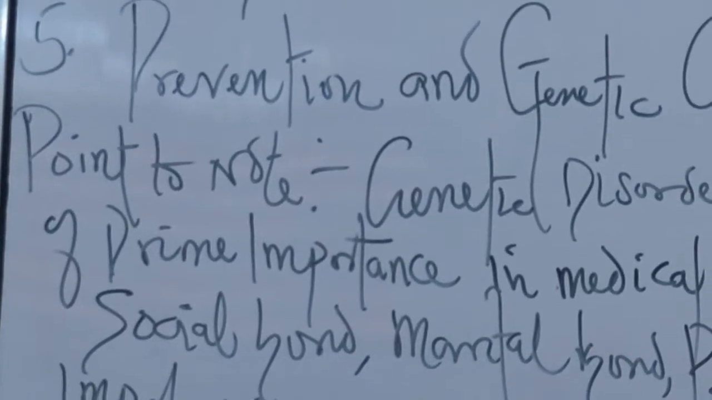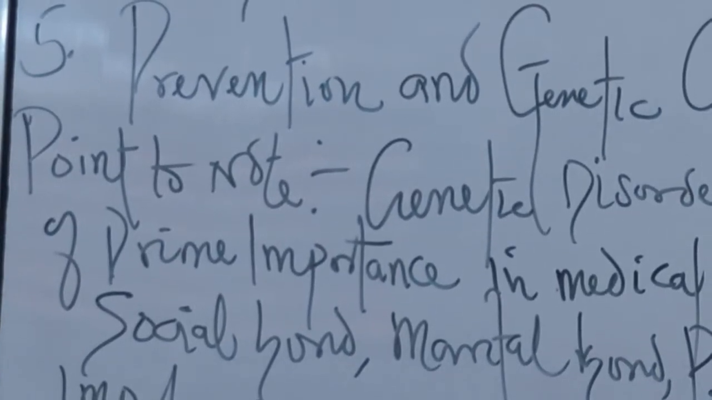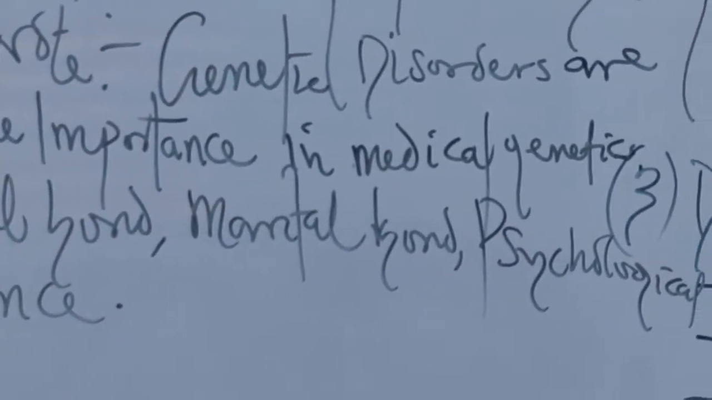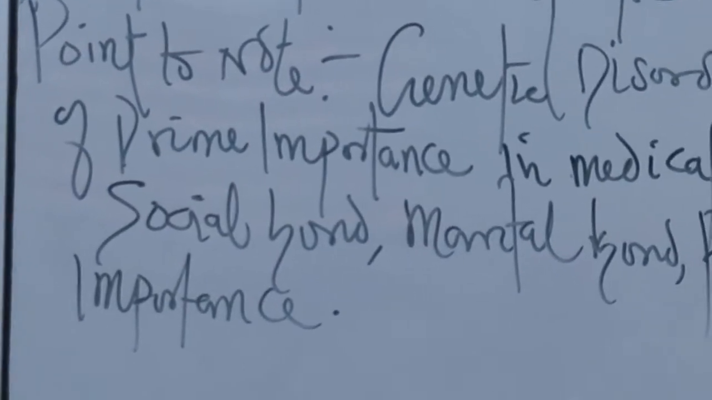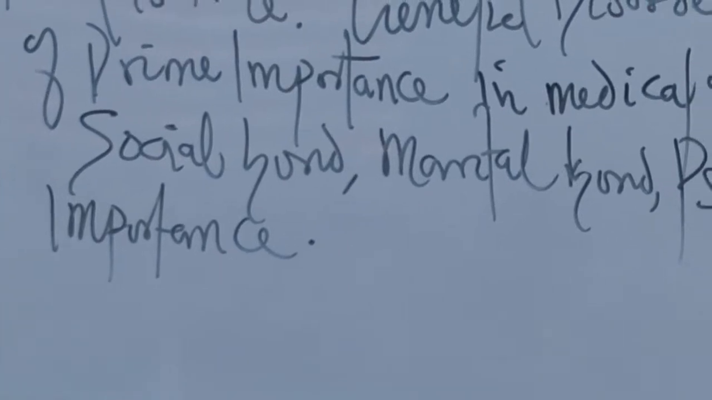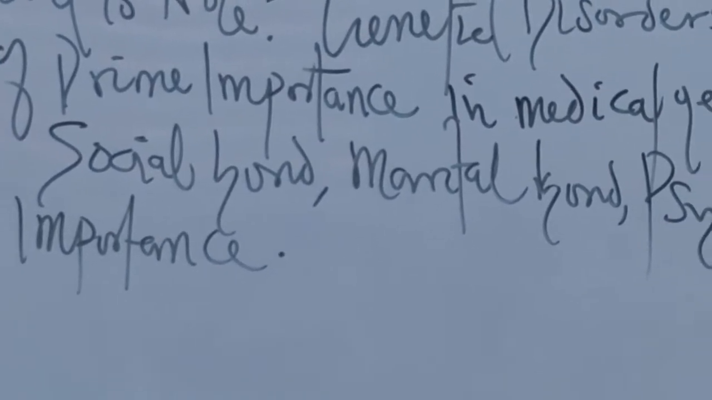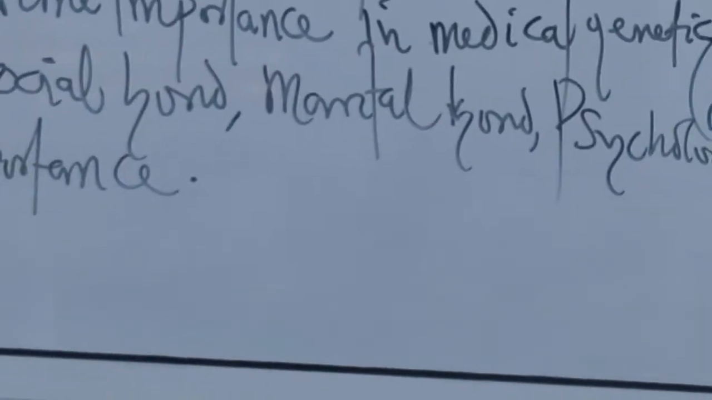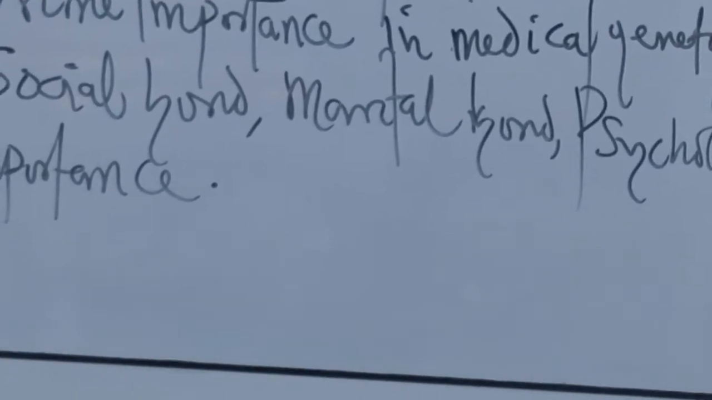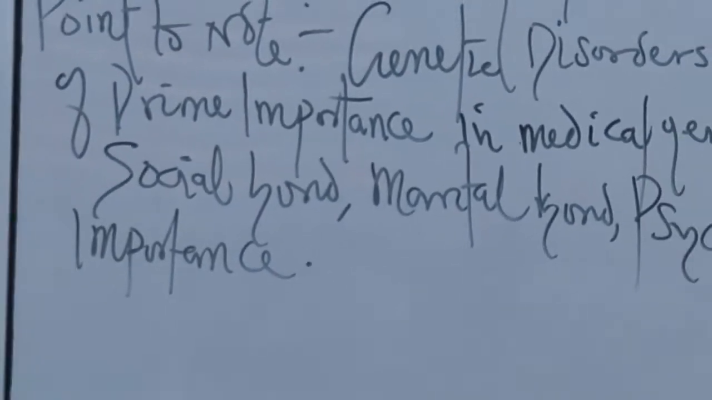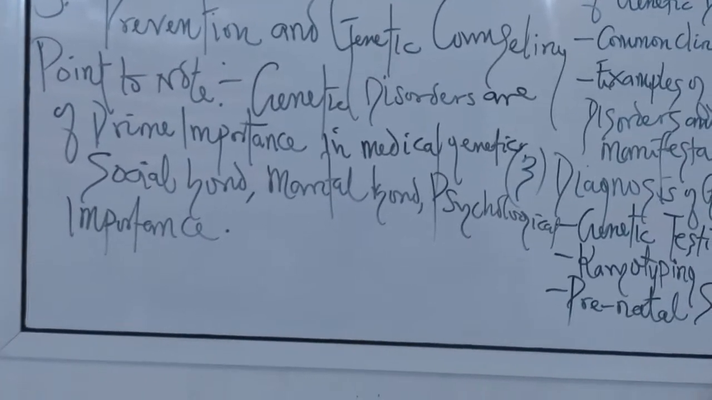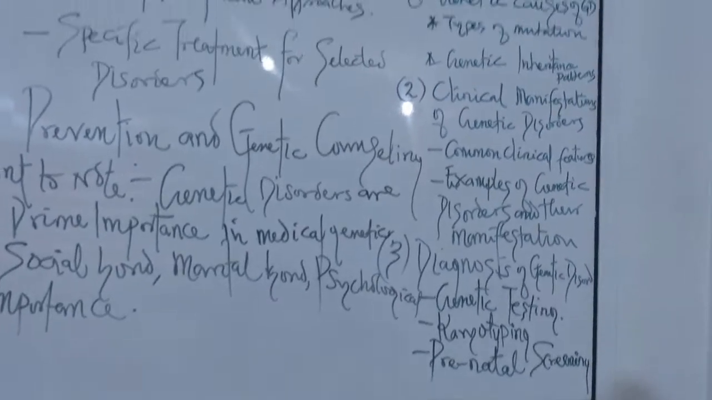And I want you to know that genetic disorder, whichever perspective that you want to look at it, is of medical importance. It has to do with maintaining or disrupting social bond, it can break or mar the marital bond, as well as it has psychological importance. Because at the end of the day, the overall implication or application of knowing things about genetic disorder will be to have a very robust